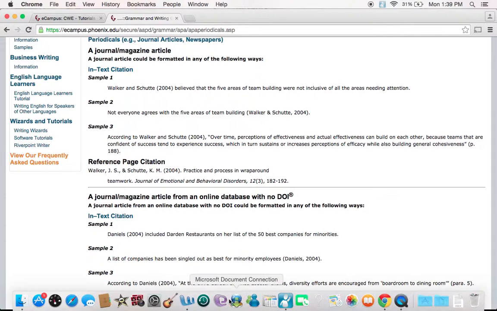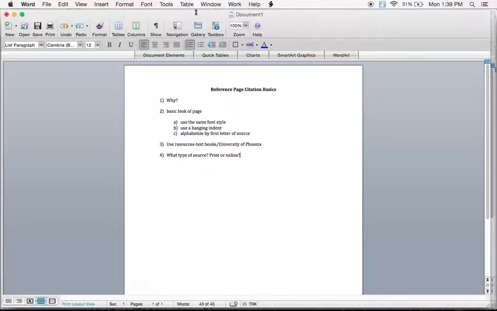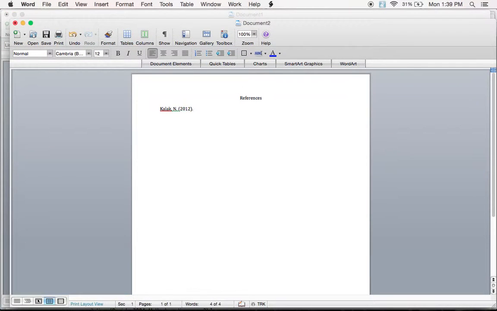So I'm going to go back to my information. I'm going to get the article name, which is very long. I'm going to have some work to do in decapitalizing things. So let's go to my reference page. I'm going to copy that in, but I have to go back and decapitalize all of the different first letters.